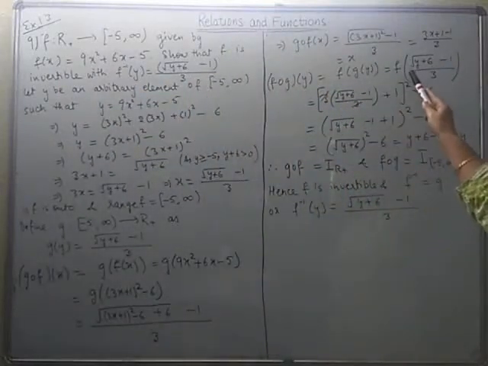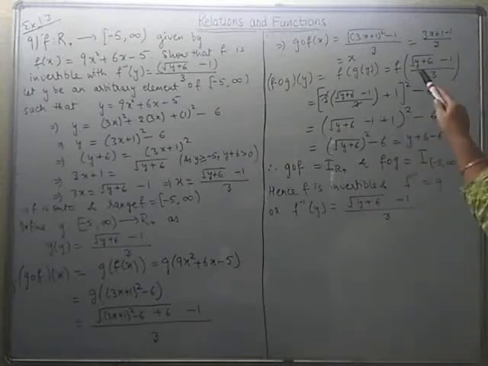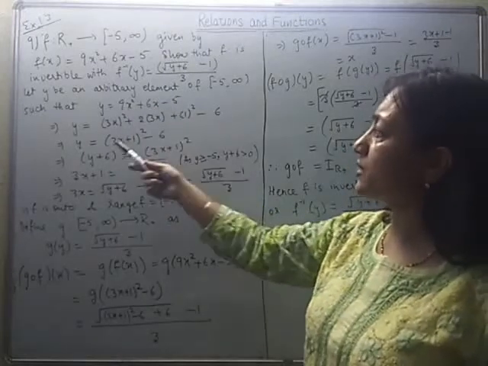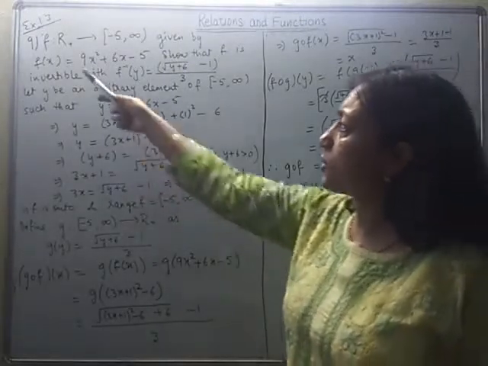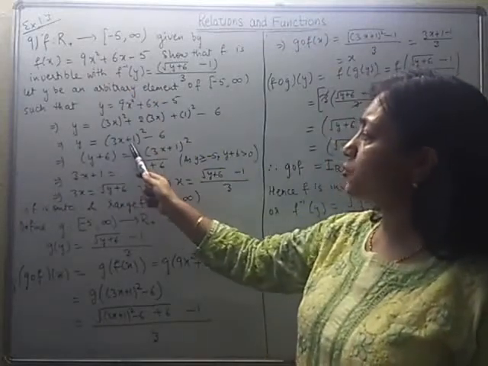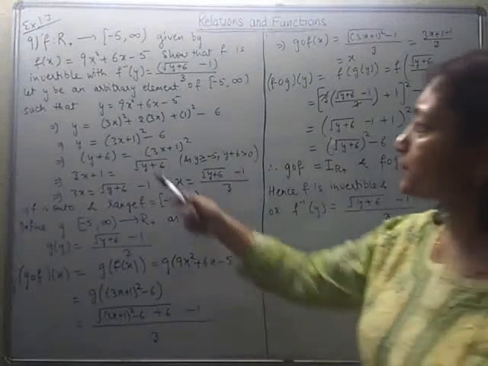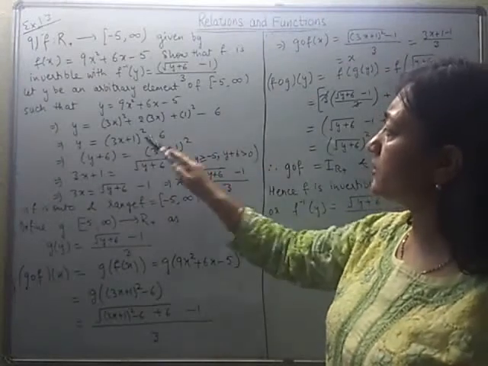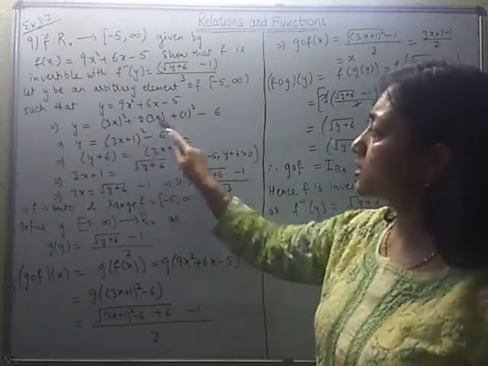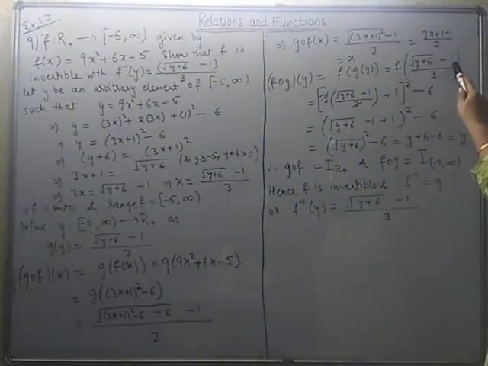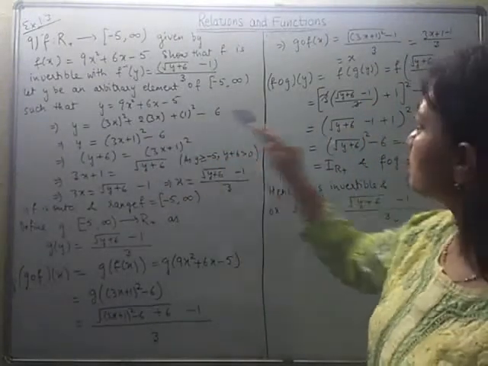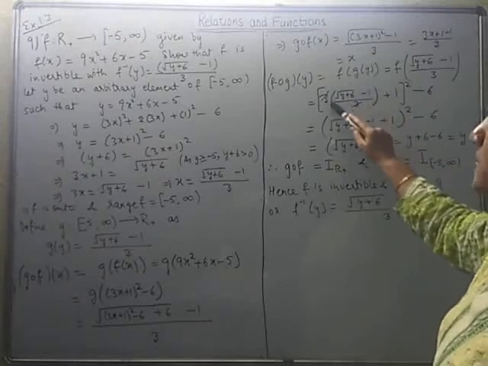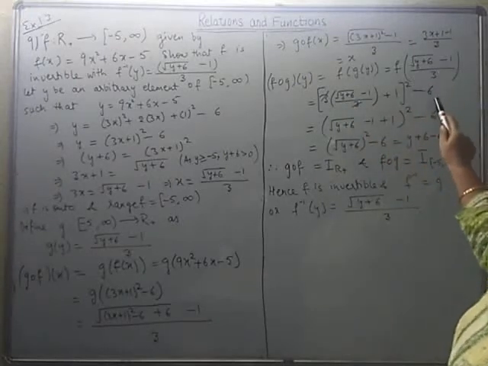Either you can replace x by this in the definition f(x), or you can use another form. We know that 9x square plus 6x minus 5 can also be written like this. Okay, so f(x), instead of writing this, can be written as (3x plus 1) whole square minus 6. So this is what I am going to use. Okay, I will replace x by the given expression in this. So in this expression, you replace x by square root of y plus 6 minus 1 over 3. So it is 3 times x, and you can see in place of x, this whole thing is there. So 3 times x, then plus 1 whole square minus 6.